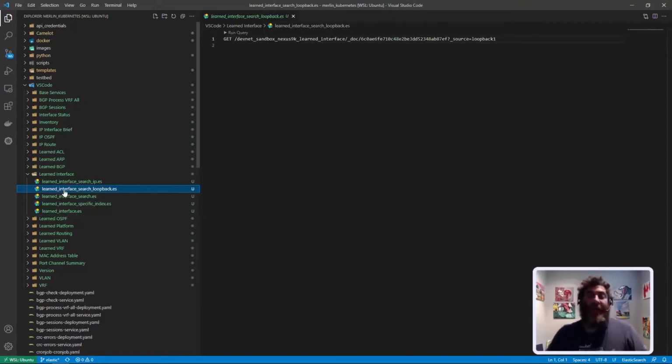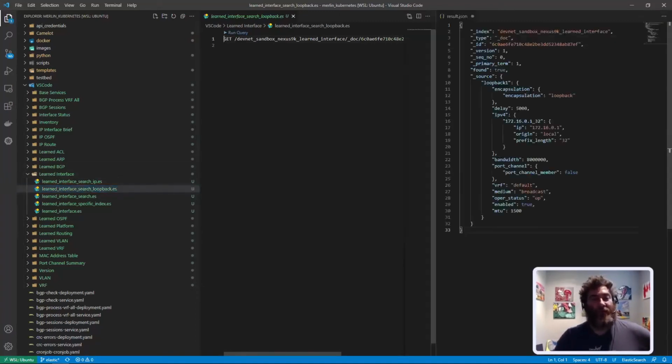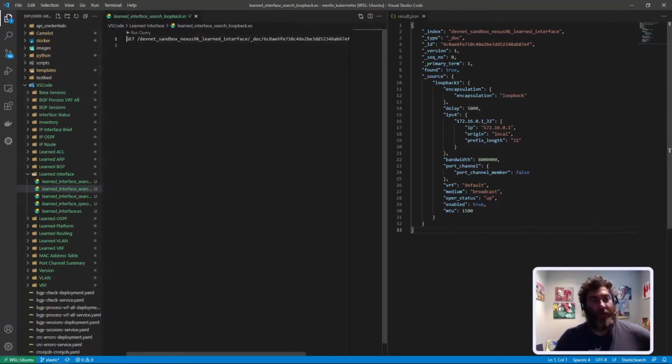So let's, I got to admit something, me clicking on that screwed up my environment, so I had to fix that real quick. But anyway, here we go. Let's search for loopbacks, run query, bang, right there, right in VSCode. So what we have is our query, and the run query button, and there is the JSON. Just like Postman, just like all the other tools we've seen, but within the convenience of your VS Code,